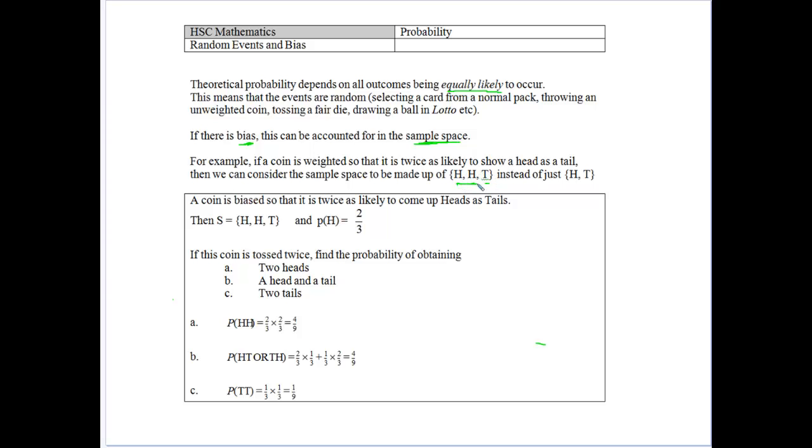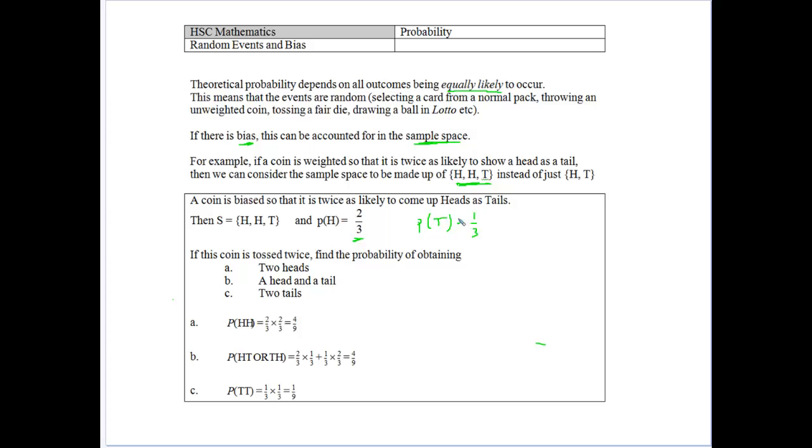Which basically we could treat as having three items in our sample space, and the probability of getting a head would be 2/3 because there's two out of the three. So that would be our probability of a head. So when we're looking at tossing a coin twice, what's the probability of two heads? Well, a head and a head would give us 4/9. And if it's a tail, the probability of a tail would be 1/3,